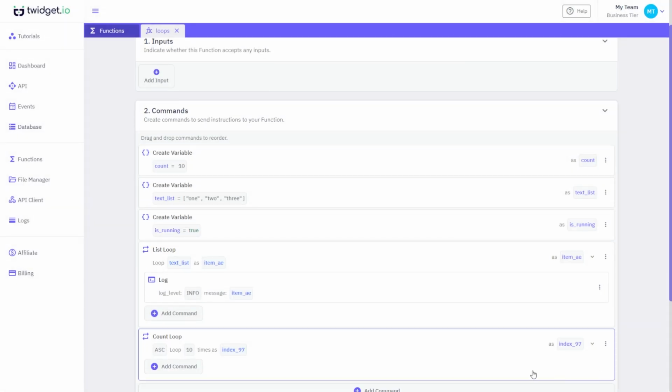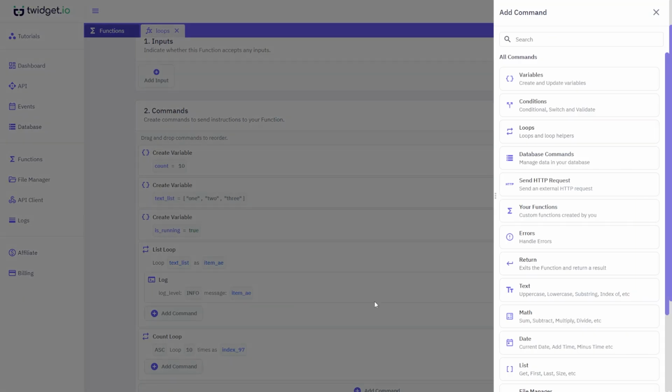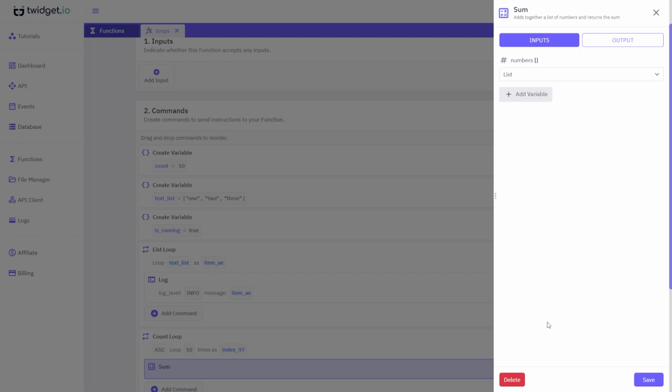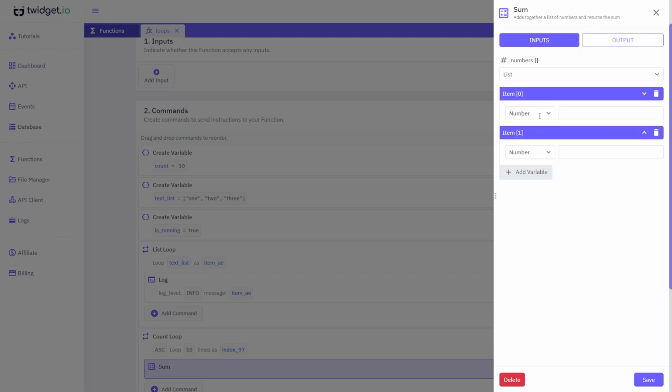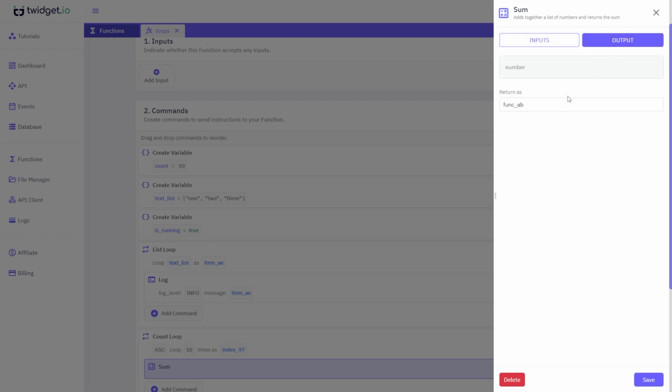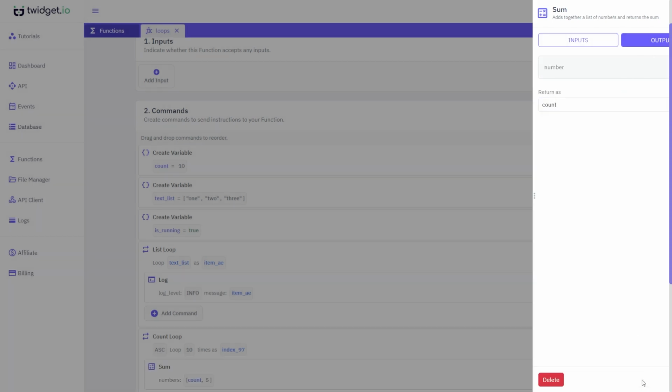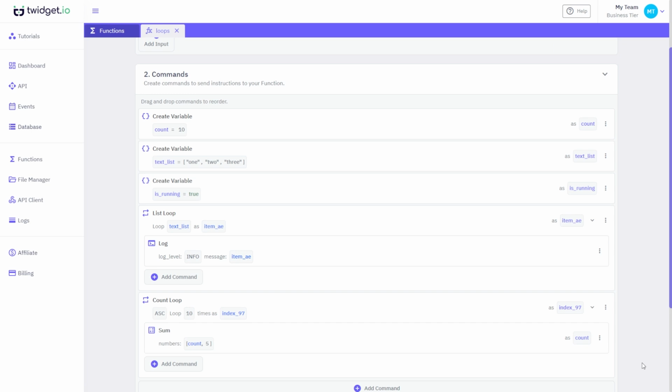Let's add a sum command to the count loop. This sum will take the count variable and add 5 to it, then return the result and apply it to the count variable. When executed, the count loop command will loop 10 times. On each loop, it will add 5 to the count variable and reapply the results. At the end of the loop, the value of the count variable will be 60. Count loops are useful for repeating actions a specific number of times, enabling you to control the flow of your